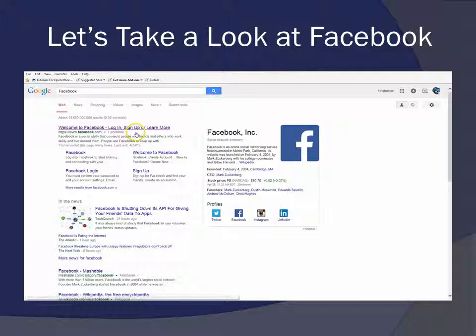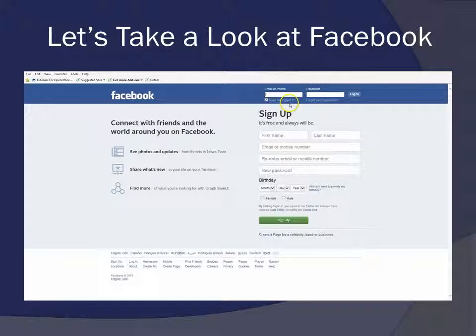And then from there I'm either going to be able to sign in, or I'm going to be able to create myself an account. Now, if I already have a login, then I can go ahead and log in. If not, then this is where I would go to get myself signed up. I'm just going to follow my first name, my last name, all of the information that they're asking of me. I do already have a Facebook account, so I'm going to go ahead and get myself logged in.